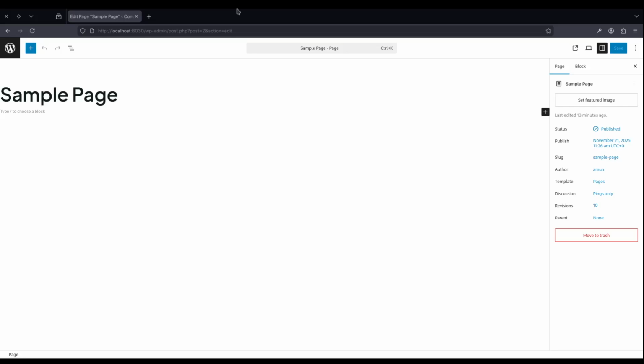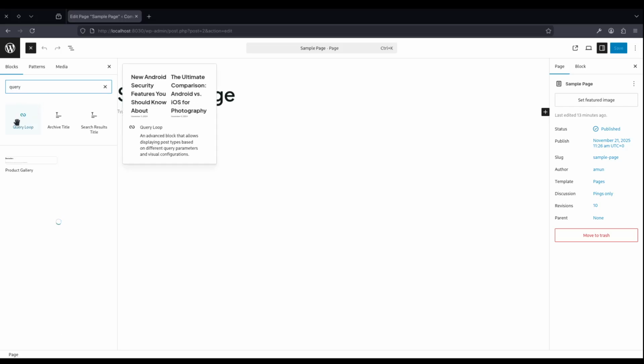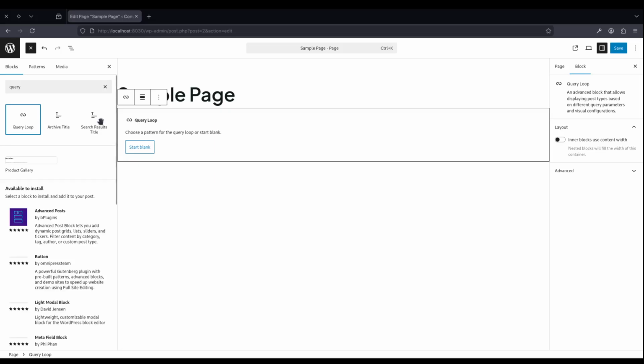So let's talk something about Query Loop Block. Now, what Query Loop Block does is it fetches the existing post from your site. So if we just want a list of posts, what we want to do with this query loop block is